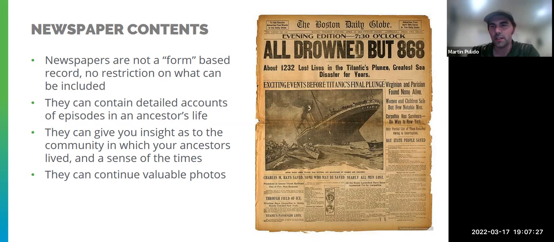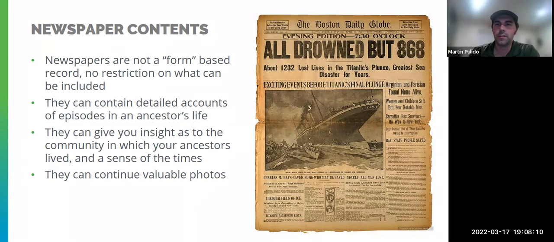So what's fun is you can really get a lot of insight into your ancestors through this, not only directly about them, but also just the way of life that they're around, right? When you read a small town newspaper and you read about their neighbors and the kind of social gatherings they have, the entertainment that they have, the crises that go on around those communities, it helps you understand quite a bit more the day-to-day experience of your ancestors' lives. Now, it's not going to be one-to-one. Of course, they have their own unique occupations and unique families, but I think it provides a much stronger window into what their lives were like than, say, a census record.